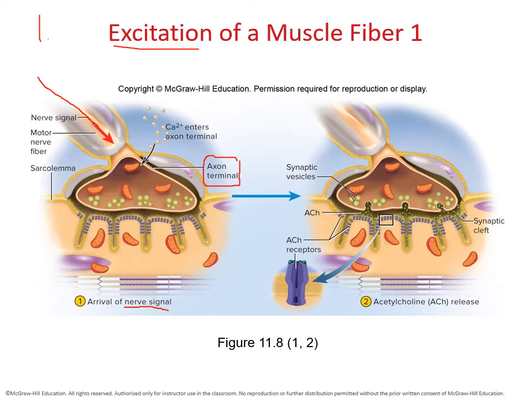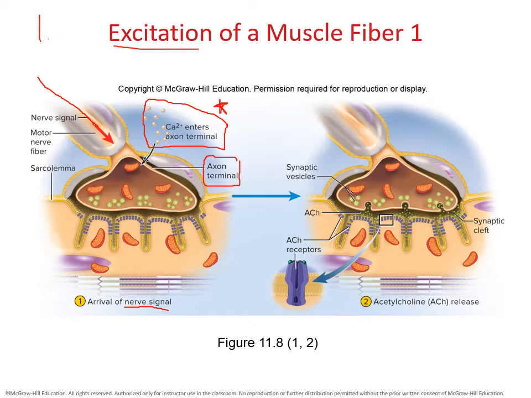When it does so, one thing that's really important to point out is that when the nerve signal enters the axon terminal, we're also going to need calcium to enter the axon terminal. Make a little notation for yourself right here. Try to draw a little star. This is a very important step. So when the nerve signal comes down the axon, you are going to need some calcium to enter into the axon terminal as well. All right?